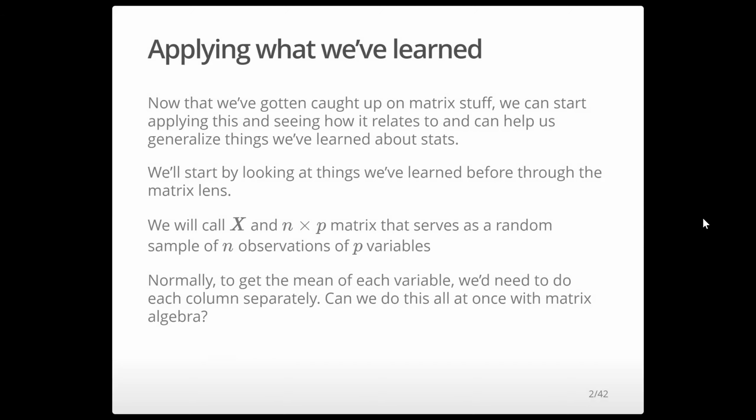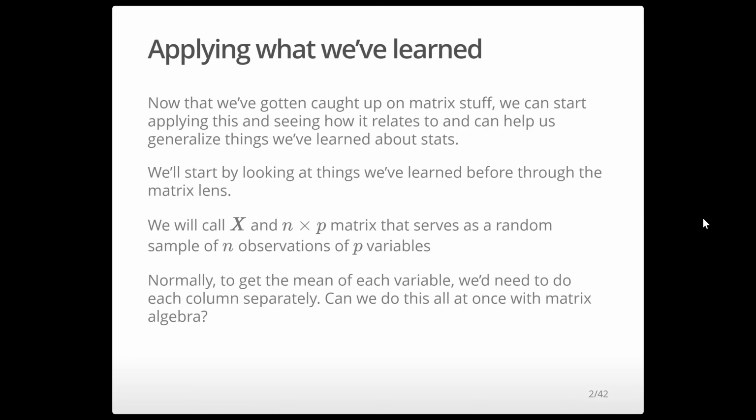And so we're going to think about how we can use matrix methods to get some of the descriptive stats that we've learned about in the past. The first thing we want to do is get the mean of each variable. Normally we would maybe take the mean of each column separately. There are functions, of course, in R that can give us all the means simultaneously, but